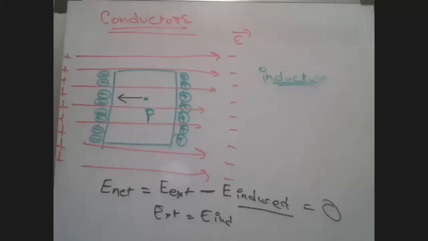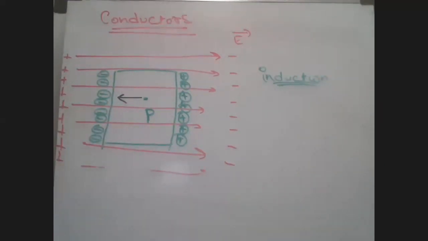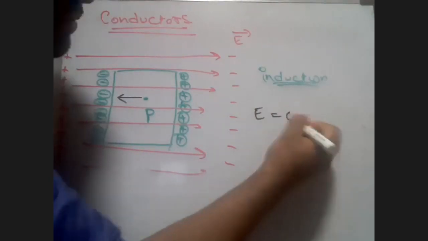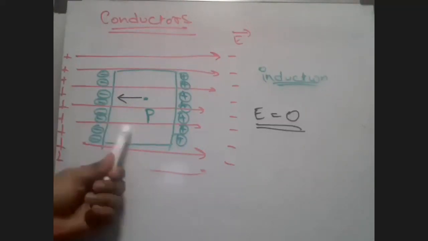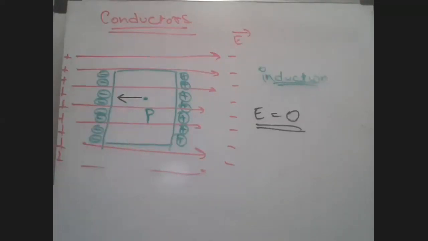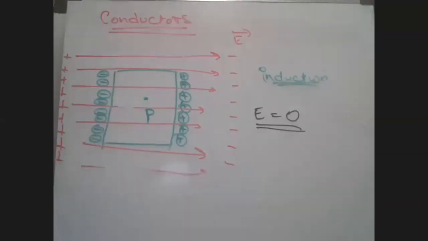So by this we can say that the net electric field within the conductor is 0. Of course, the electric field inside a conductor is 0, but only once the charges are redistributed. While redistribution is happening, it is not so. That is why we are studying electrostatics; it is called electrostatics because you study charges at a static position.